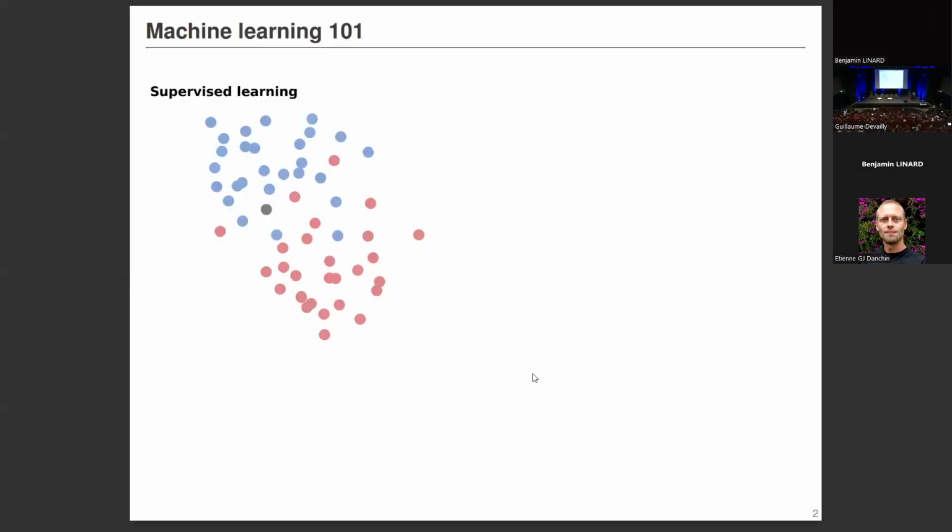Right. So broadly, we have supervised learning where our data is labeled. So here we have 2D points with,